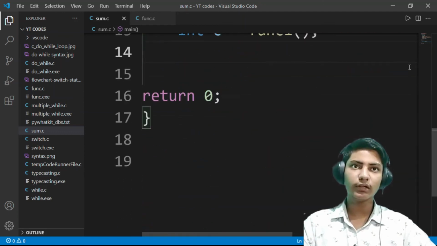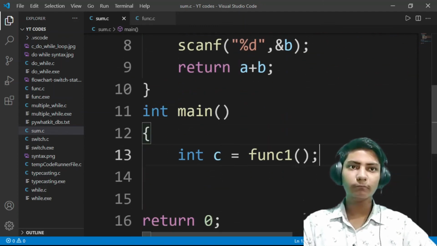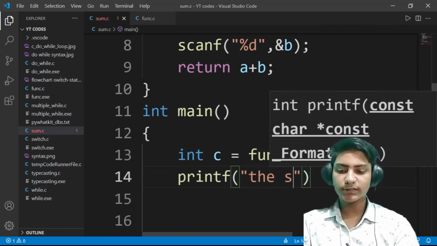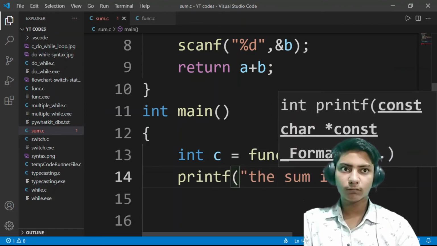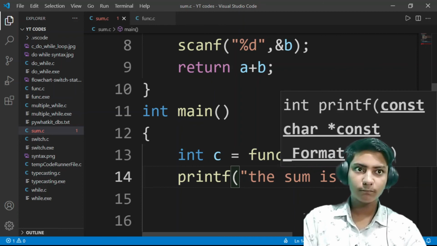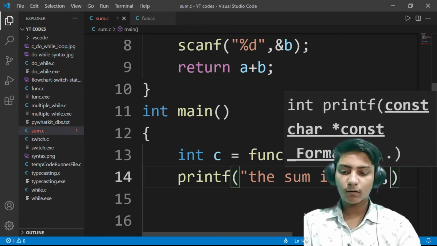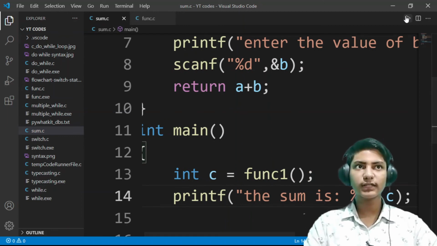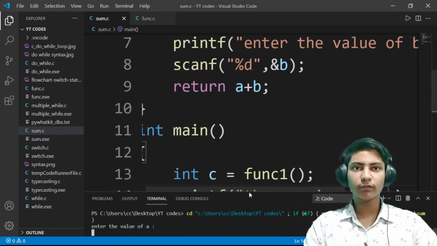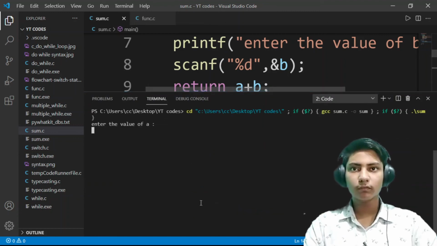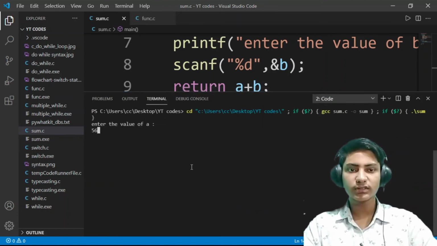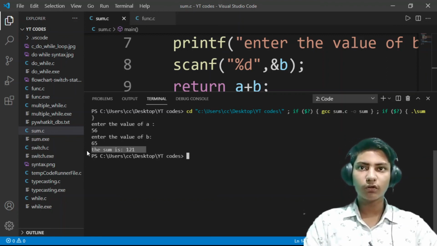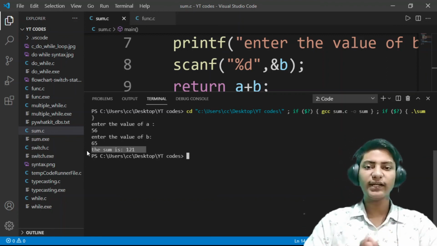Let us print the value here. printf, the sum is %d, comma c and then semicolon. It will print the sum. Let us check if it is working. Here the value of a is 56 and b is 65. The answer is 121. It is correct. You can check it in a calculator.